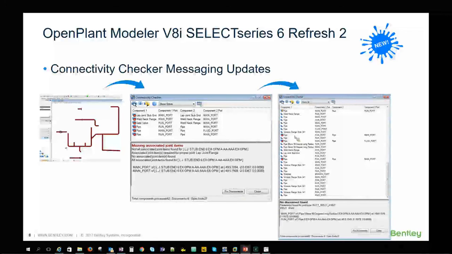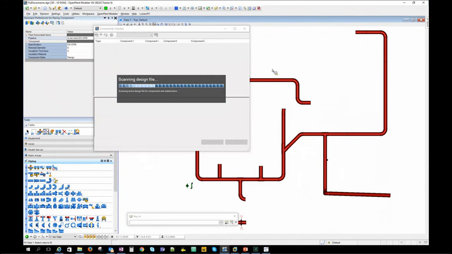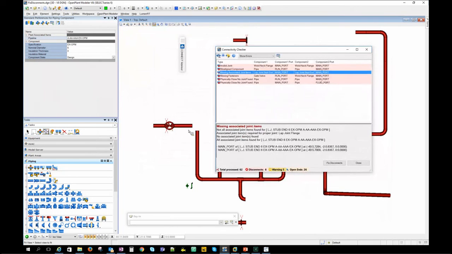So what we have done is that now when you run connectivity checker, if there are actual disconnects in the DGN, you do get the show error tab selected out of the box, and by default you do get errors first, but there is a description here, and these descriptions tell you what type of disconnect there could be. If you've done all the fix disconnect,